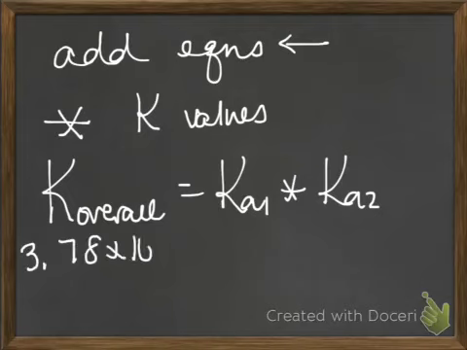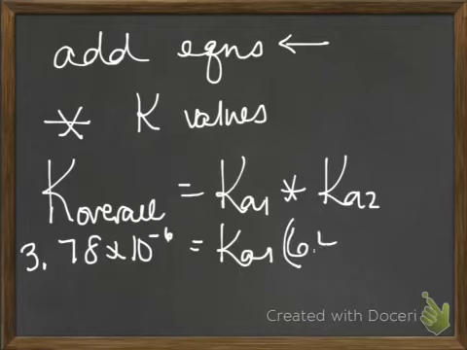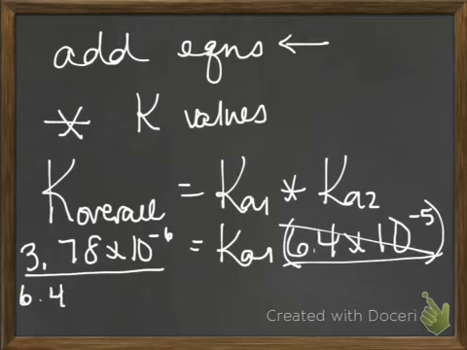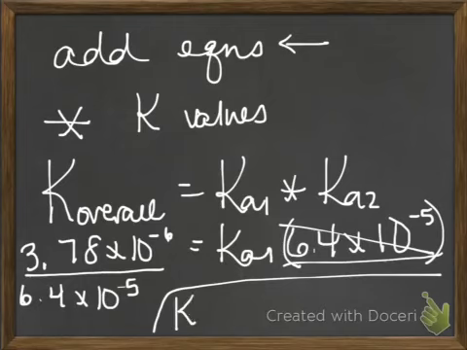3.78 times 10 to the -6 equals Ka1, which is what we're looking for, multiplied by Ka2, which is given right here, 6.4 times 10 to the -5th. And so to solve it, we just divide. That will cancel out. We put 6.4 times 10 to the -5th. So we divide the overall by Ka2, and that's going to give us Ka1 for our answer. So Ka1 is those two numbers divided. We get